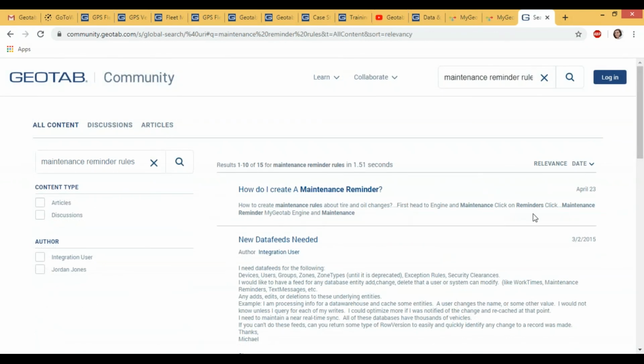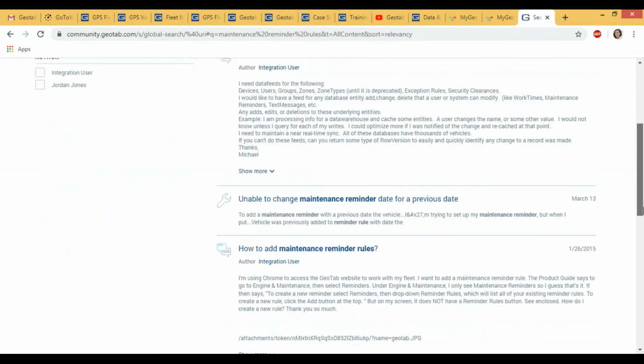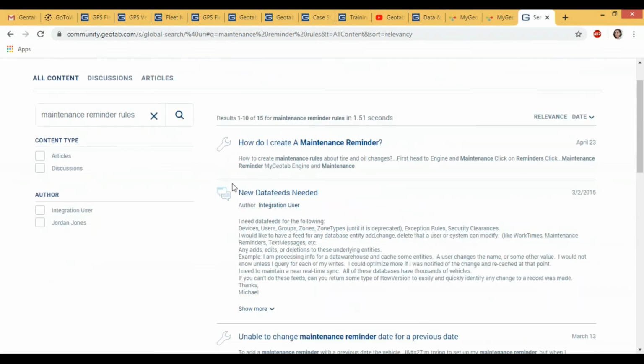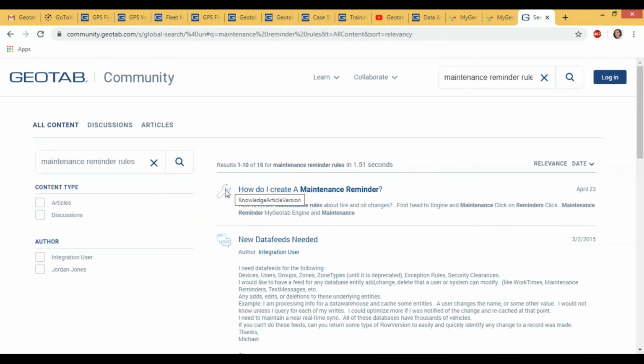So here you have different answers and discussions. I can get around the question I was typing in. If you have this little spanner sign here, that is basically the sign for knowledge base articles, and the dialogue icon here would indicate discussions, and I can filter here. If I want to filter by articles, by discussions, by author, it's up to you how you want to filter